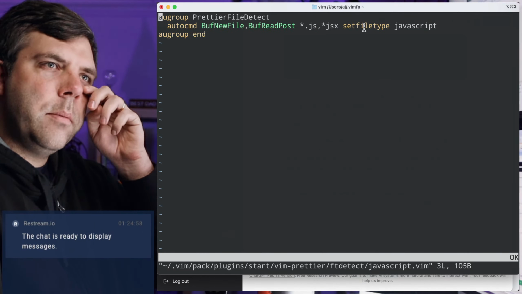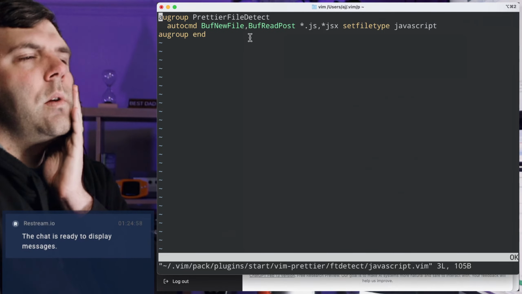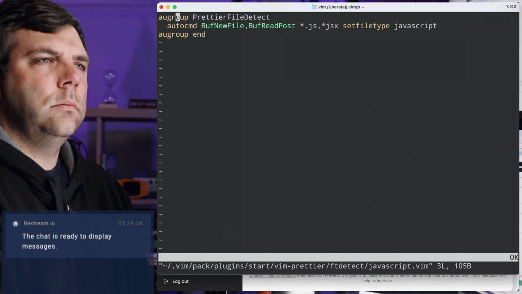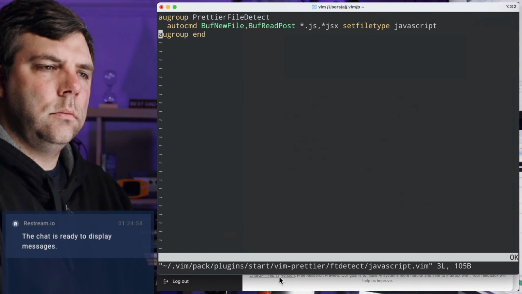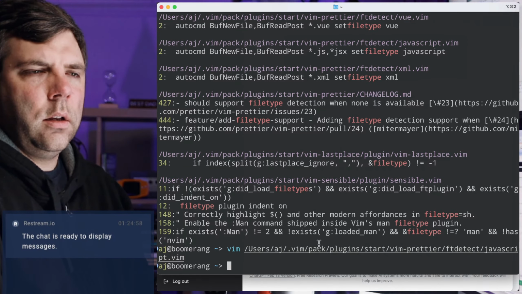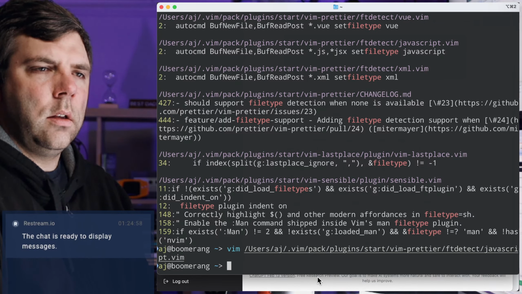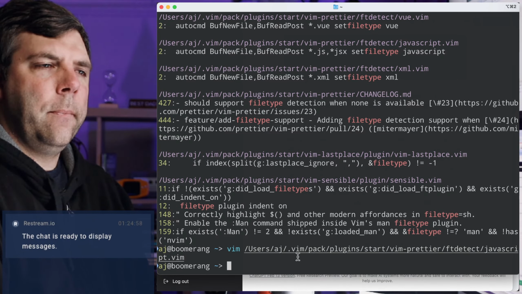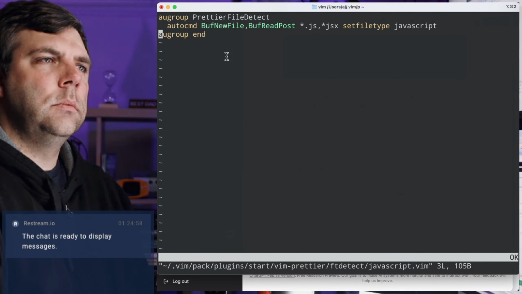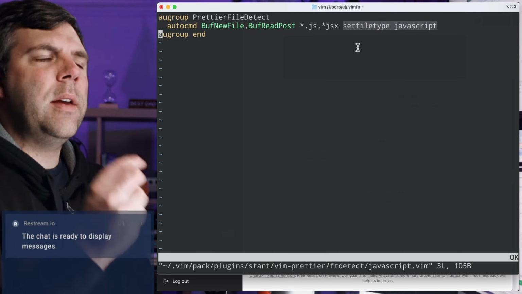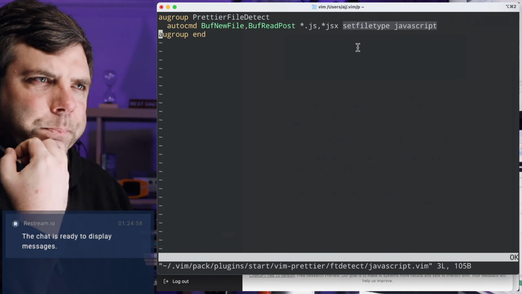Okay, set file type JavaScript. And is this an ale? This is in Vim Prettier. Okay. Set file type JavaScript. So I think what I could do